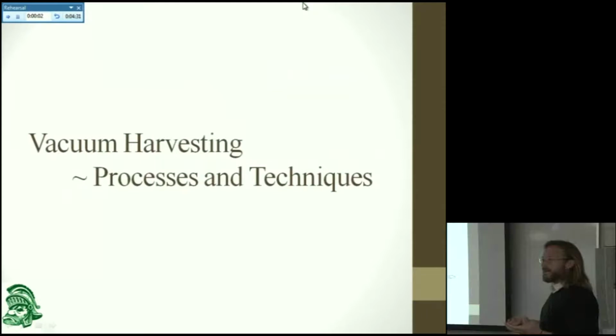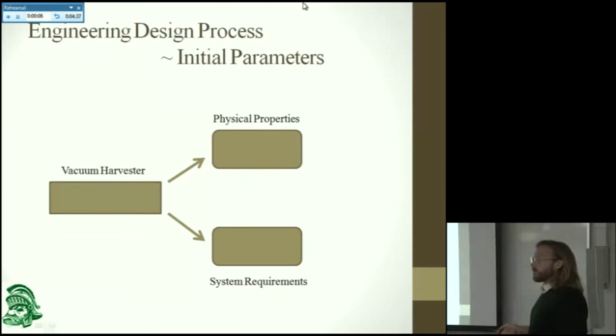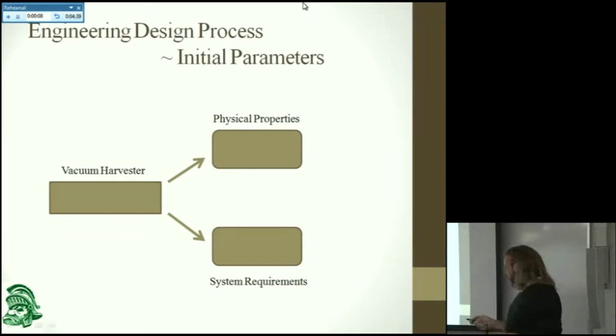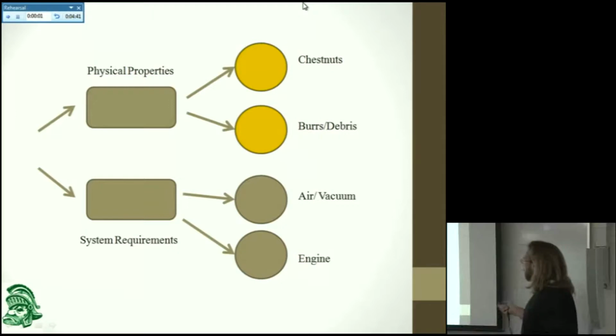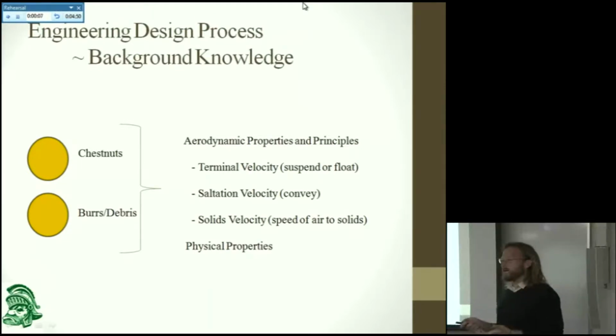So, the process and techniques into vacuum harvesting. The initial parameters we need to know are the physical properties of the chestnuts and debris themselves. So we have chestnuts, burrs, and debris. Here we'd like to know aerodynamic properties of this material, being the terminal velocity, which is the air required to suspend